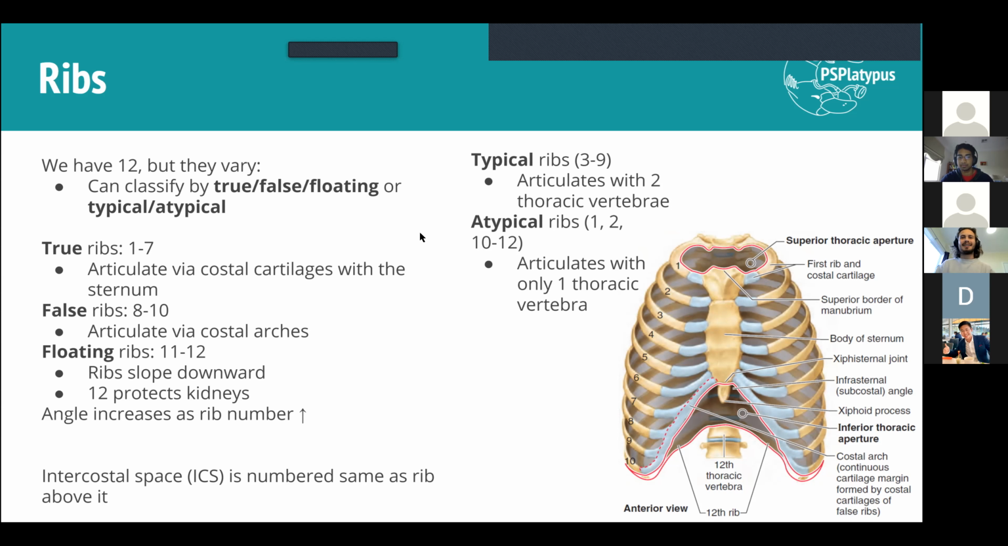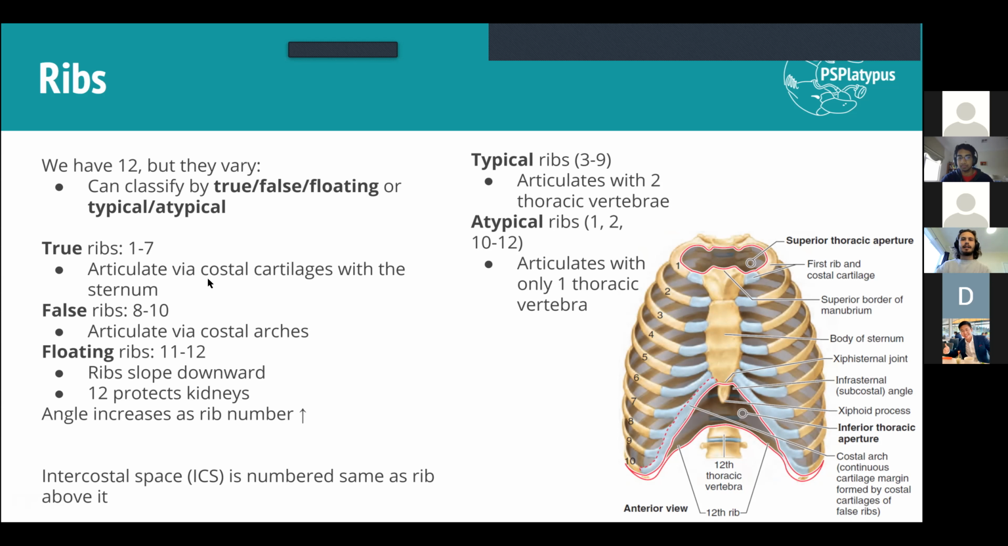I don't have the deep evolutionary prerogatives there. Anyway, you can classify them as true versus false versus floating, or you can classify them as typical ribs and atypical ribs. So you can use either one. If we're using true versus floating, it's a little bit more straightforward. So